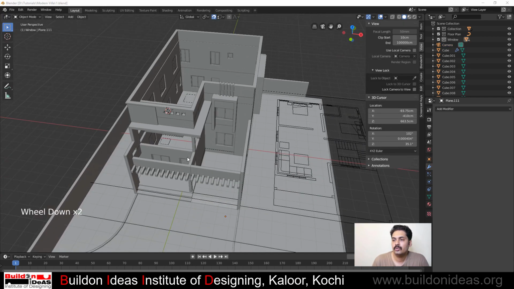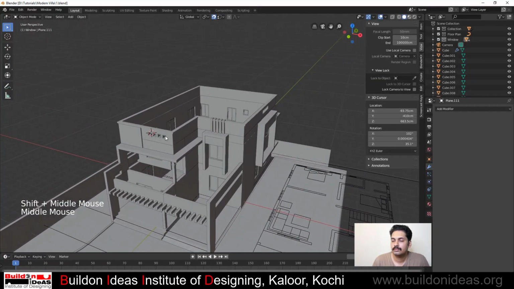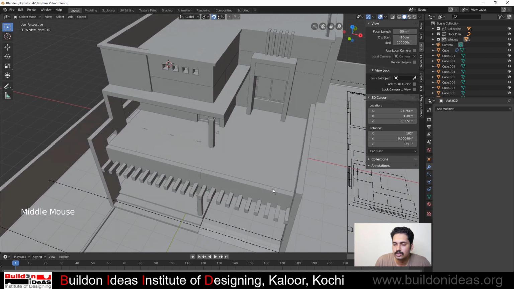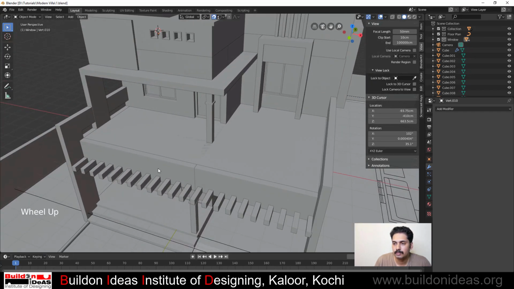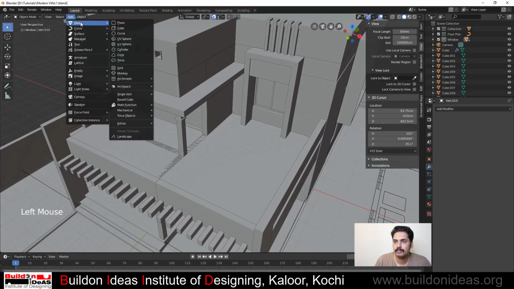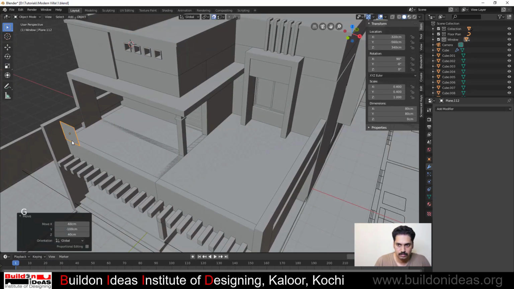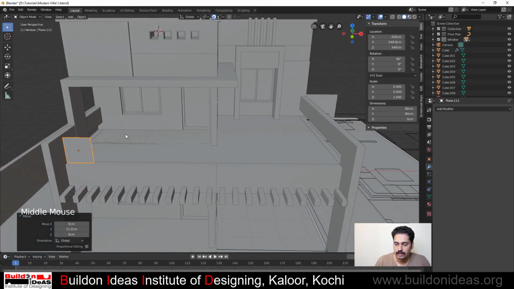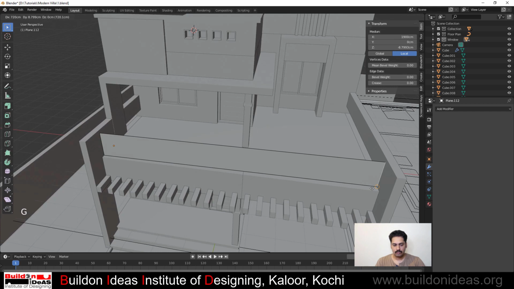Okay, now I'll just fill in the top portion, and then we'll just finish it off. So I'll just add the glass also, glass handle as well, and then we'll just complete the modeling part. For that, I'll just add a plane, and then I'll just grab it to here, just move it slightly in my direction. So I have it,